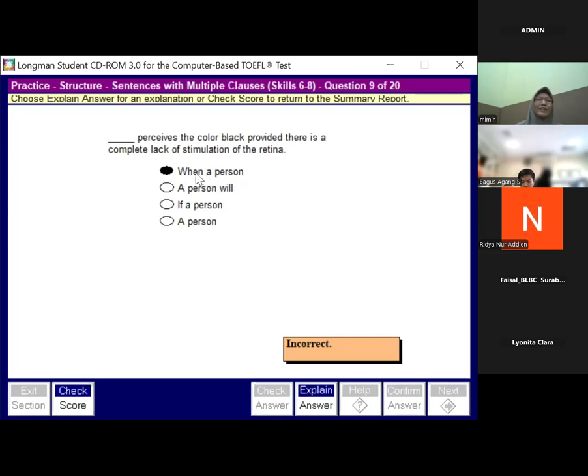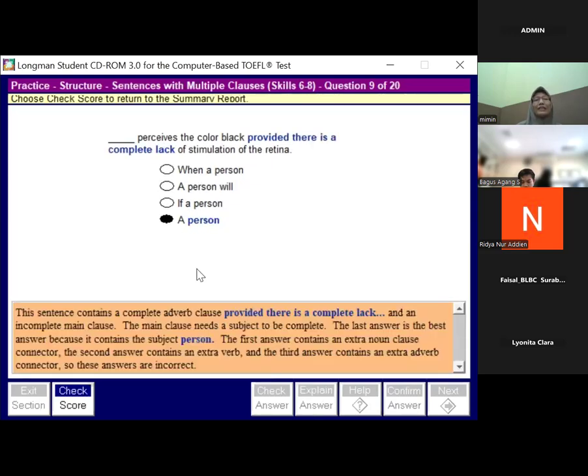Yep, which one? All right, now let's just go to the explanation. It's D. We don't need another connector. If you put B, a person will, the verb perceives does not agree. Will is a modal. So a modal is followed by base form. Modal itu apa? Words like can, may, must, will, would, shall, should, could, all of the verbs following that word, any one of the words, is in the base form. Tidak pakai S.